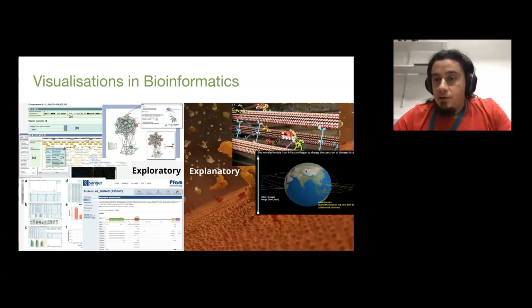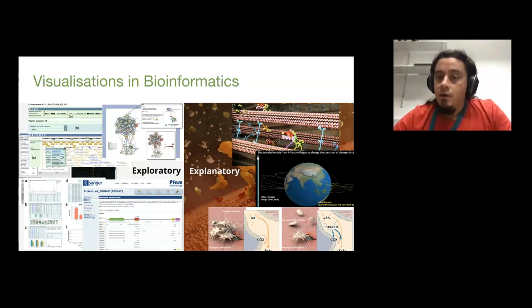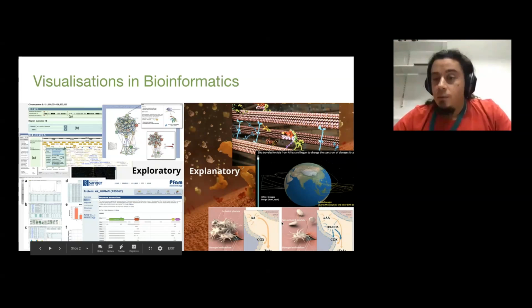Another example in bioinformatics that I saw recently was showing the evolution of the Zika virus around the world, how it moved from region to region, and the different mutations it had in different countries, until the final epidemic in Brazil. It's another type of explaining a case of how, from the starting point to the end, that particular disease evolved. And then back to the ones that I was explaining on